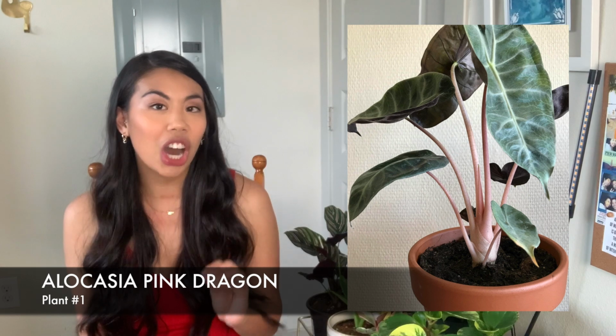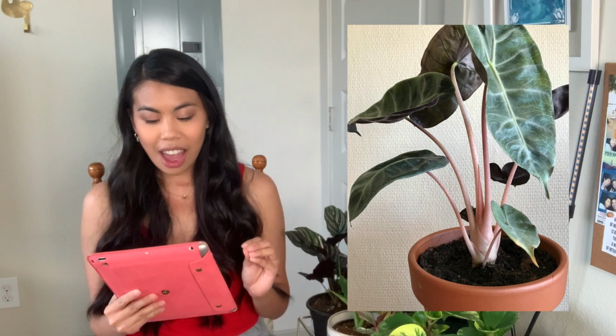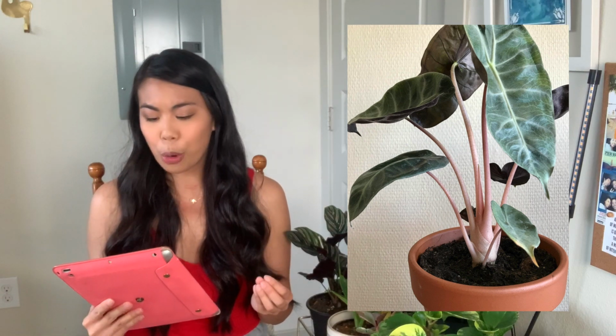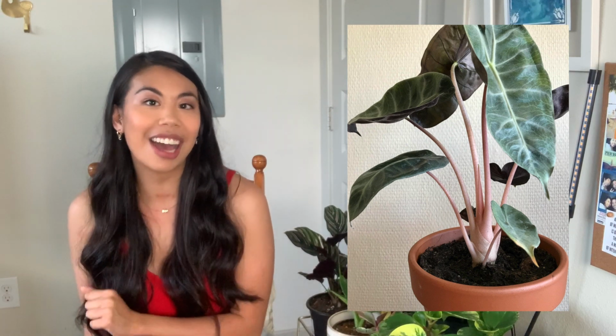pink dragon. Now, first of all, when we're talking about the leaves and the foliage of this plant, I think it's just really stunning. It's more of a muted design, not very intricate, still very beautiful, but the star of the show, of course, is the pink stems. Hence, of course, why it's called a pink dragon. You guys know I love vibrancy and colors in my plants. I do like the color pink,